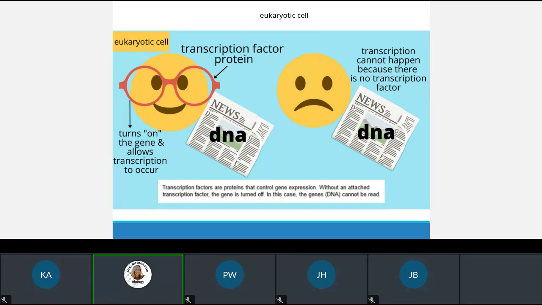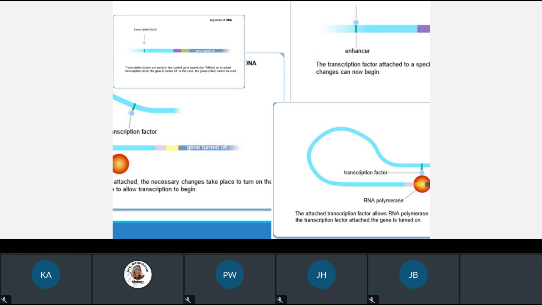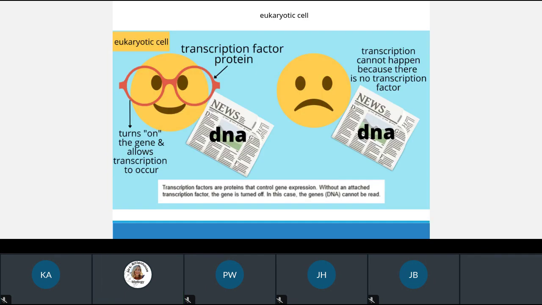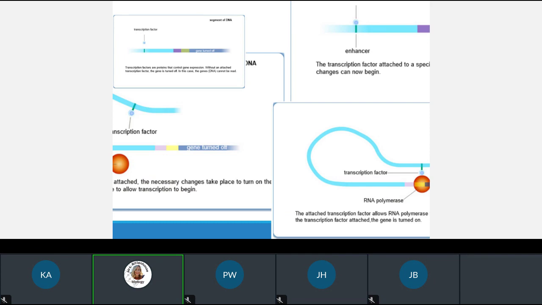All right. Again, I would screenshot these things because for me, I can read and listen to videos and do all the things, but those are going to help me the most. Like this is the textbook version of this. Let's vote to skip the textbook version of that. It's the same thing. Look, here's our transcription factor. Because we have our transcription factor, we can read the code of the DNA.